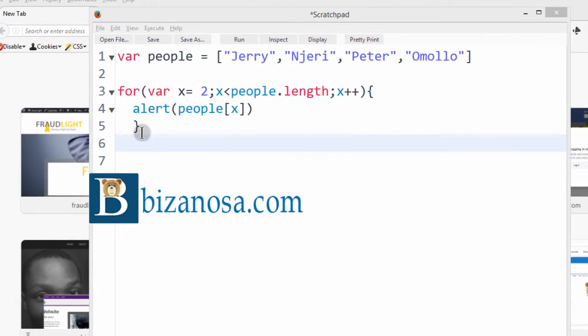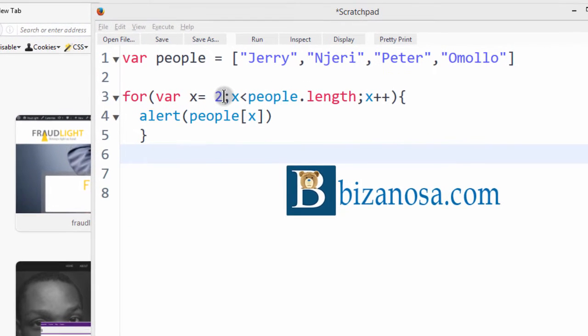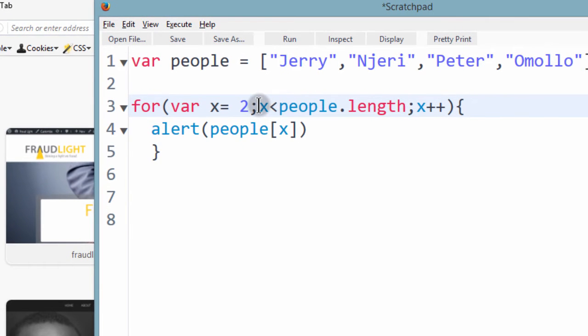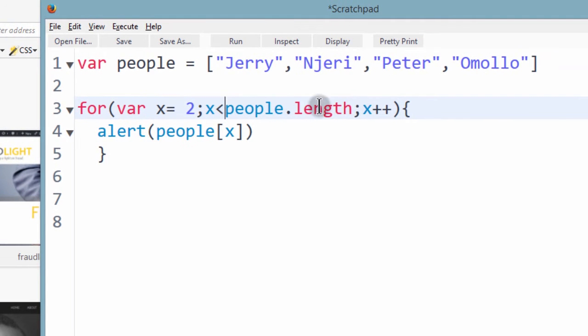So going back to this, I realized that there is something you will come across and I just want to tell you about it. So you see this x is less than people.length. What you'll normally find is that x will be declared. We'll declare a variable here called y. So note that this is separating the variables y, and then you will give it the value